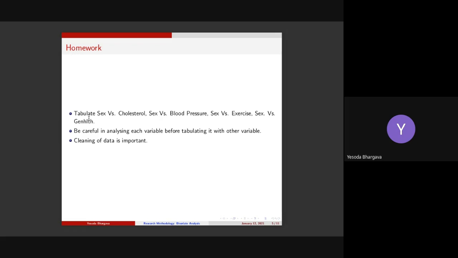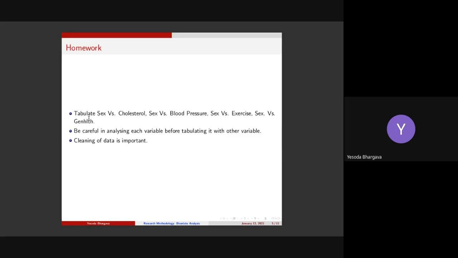So in those 5 categories, what will be the order of the matrix of the table? Five cross two, ma'am. 5 cross 2, starting with excellent, very good, good. So there will be 5 cross 2 entries in which you will see how many males belong to a particular category, how many females belong to a particular category.